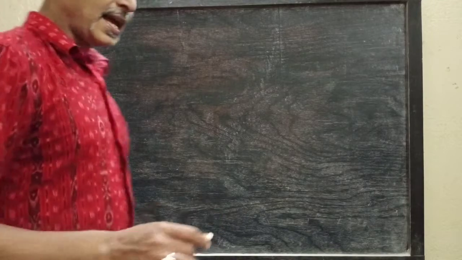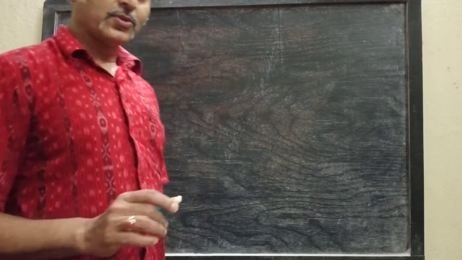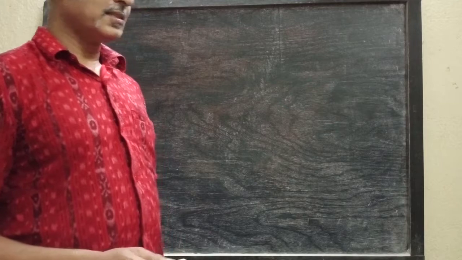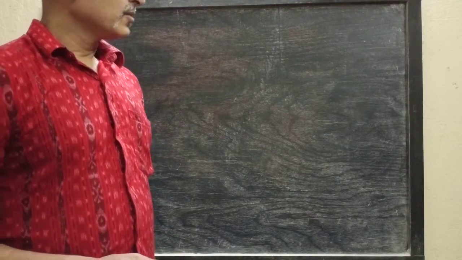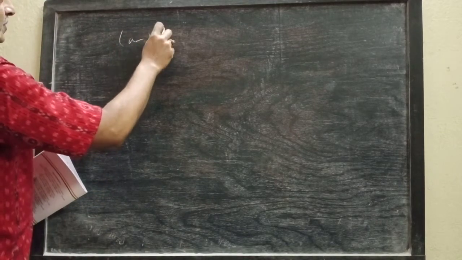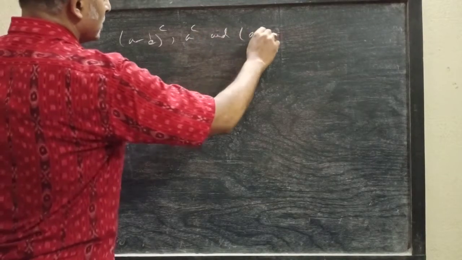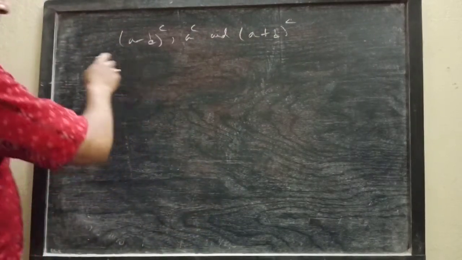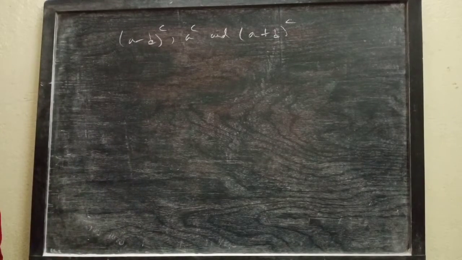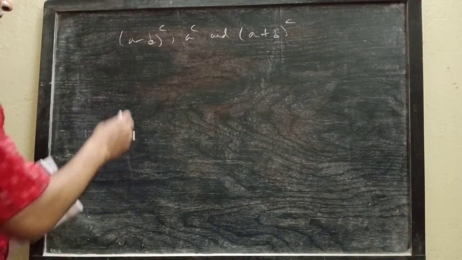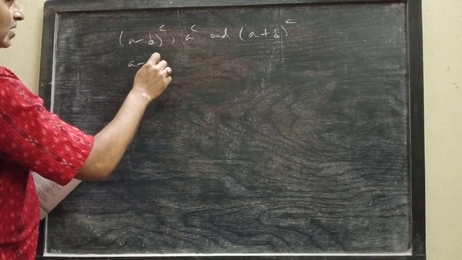Here the angles are angles of a triangle, so we know their sum is 180 degrees, that is pi radian. Here the angles are asked in radian, so we have to consider it in terms of pi. So we take the angles in this way: A minus d radian, A radian and A plus d radian. As they are angles of a triangle, we have the equation A minus d,